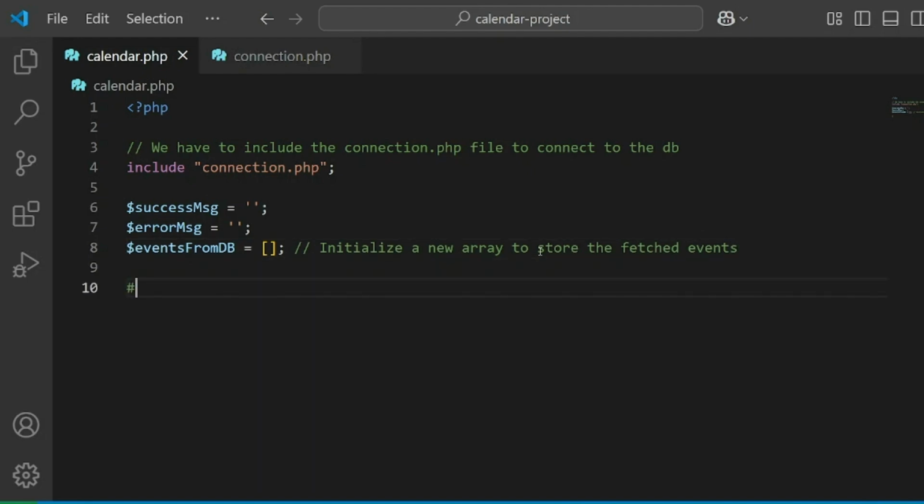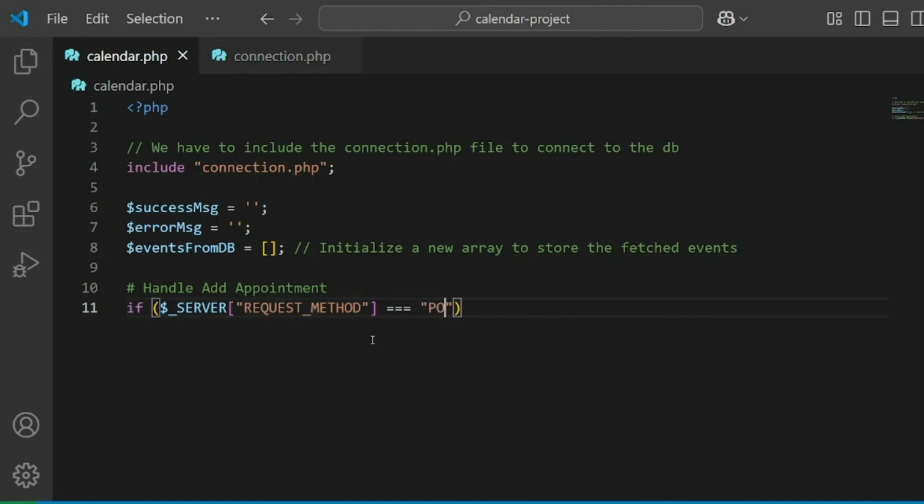The next thing here is handle add appointment. When we add a new appointment, we want to add some logic here to handle that add or insert appointment by going if. We will create an if condition here, and then if the magical variable $_SERVER in PHP, and then the attribute REQUEST_METHOD, it must be capital. So we have to write it in capital letters. REQUEST_METHOD equals POST, that means when we send some data from the form,